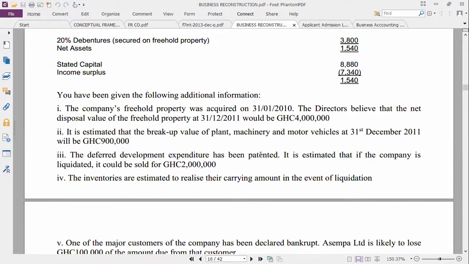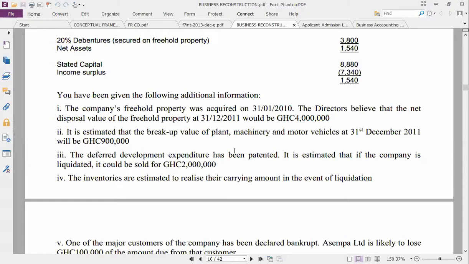That has been patented, meaning part of the value has been lost. So we have just lost the value, but we can only realize 2 million from it. So let's sell it, because if you keep it in our books, you lose everything. So it's better now, we are doing the cleanup. Those that are like life and death, let's clear them from the books